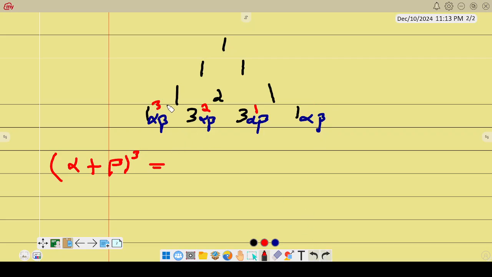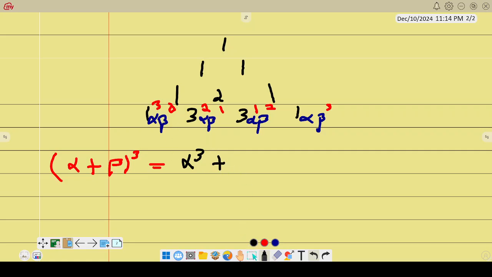So even B starts from 0, 1, 2, 3. Okay, you have seen all that. So we can write this. We're going to say this is alpha cubed, and then beta is power 0, so it's okay if we don't show it,